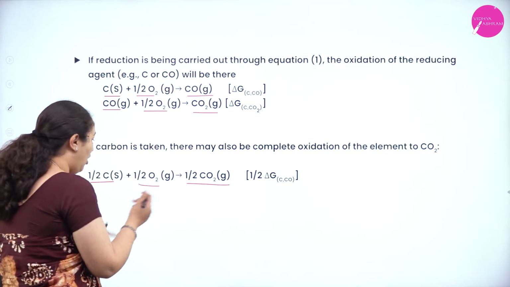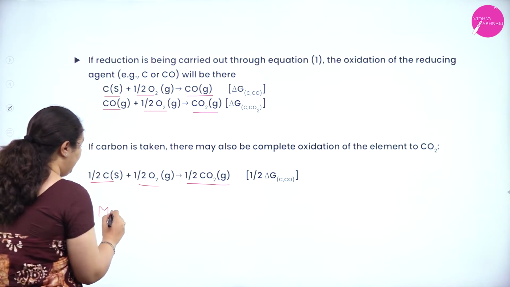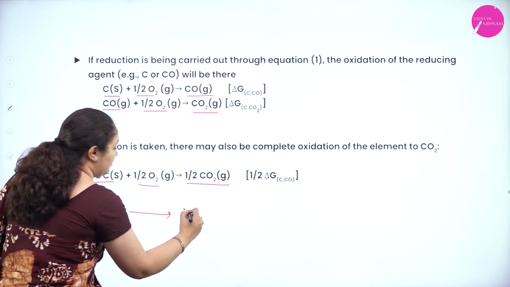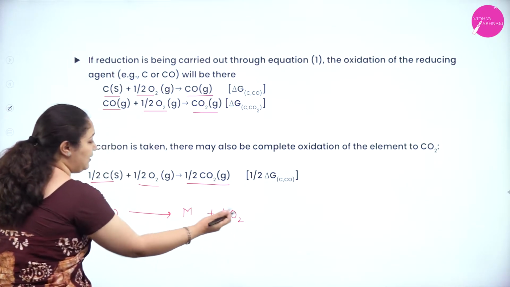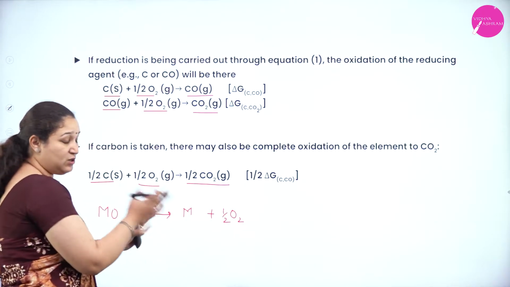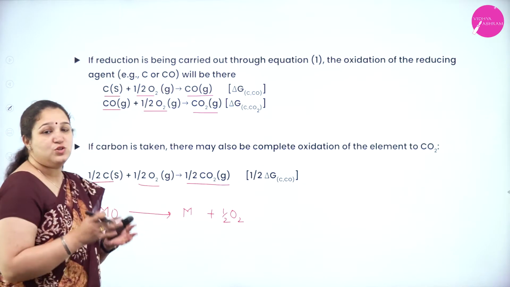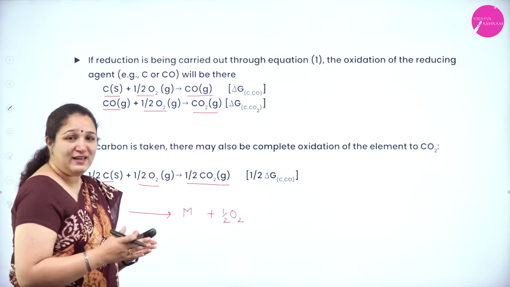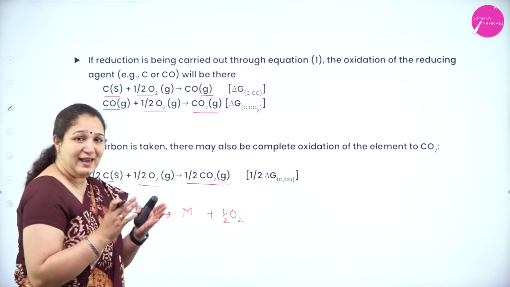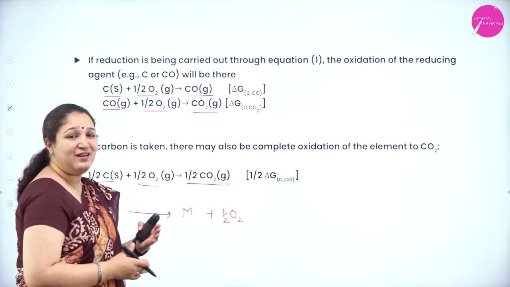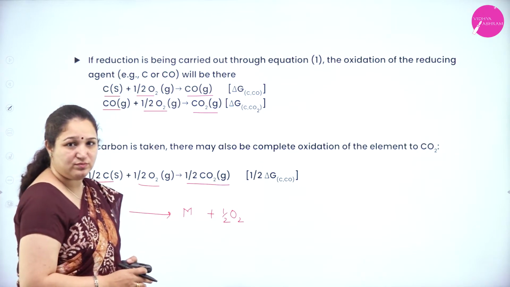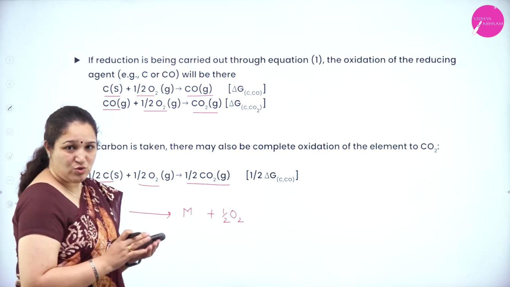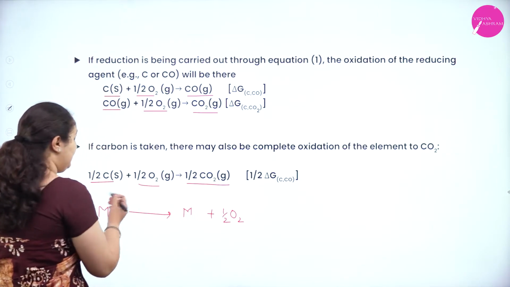But I am not getting the equation in which the metal oxide is decomposed to give me this particular metal and the oxygen. That reaction is not there; the opposite reaction is there. So what we do is, we take the reactions from the Ellingham diagram and reverse them, and reverse the value of delta G also. Okay. So I'll take the reactions.